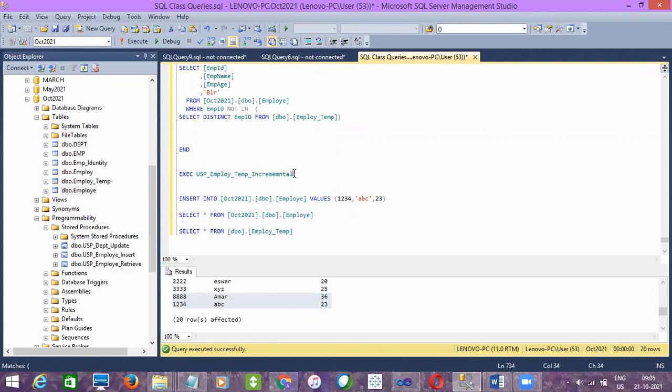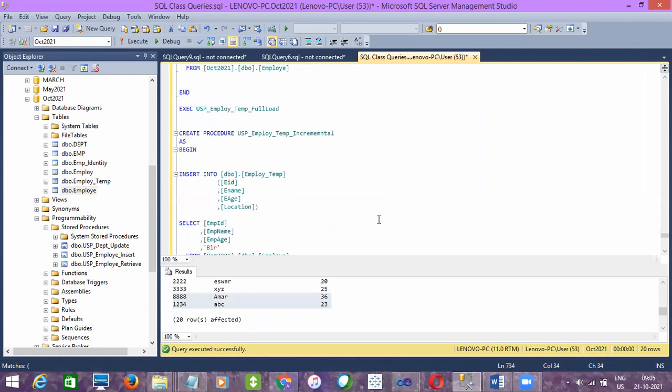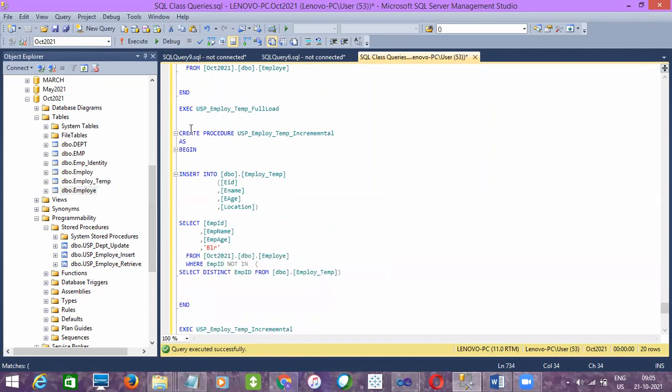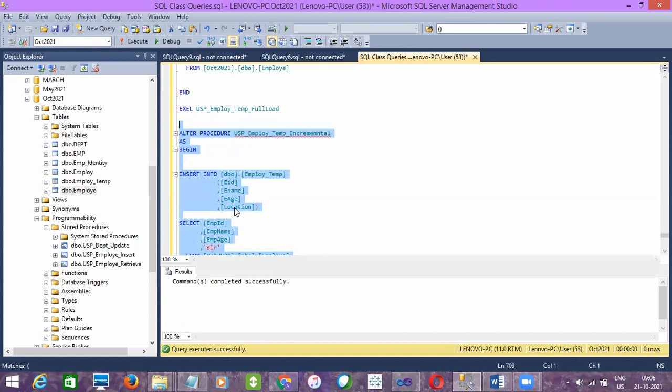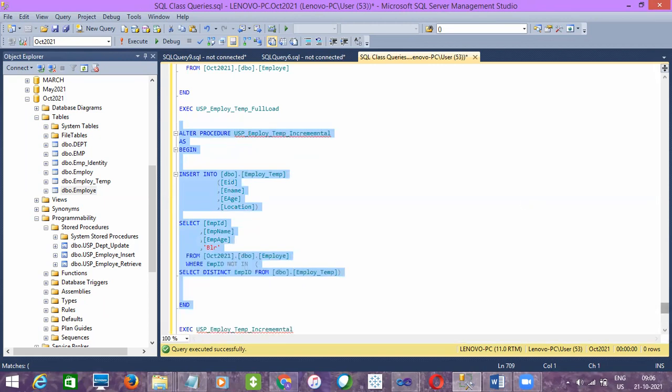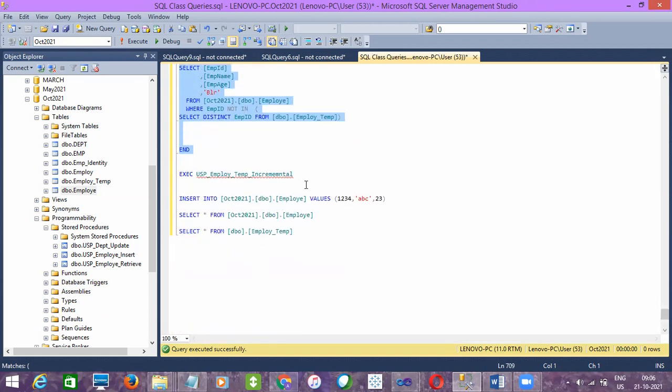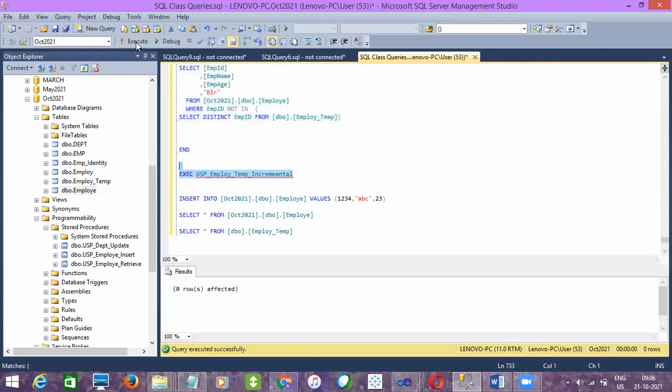Now if I execute my stored procedure, did I alter my stored procedure? I think maybe that's the issue. Or did I create it? Let me alter it. So I have altered the stored procedure code, and now I will execute the stored procedure. Still 0 rows, right? So what's the problem here?